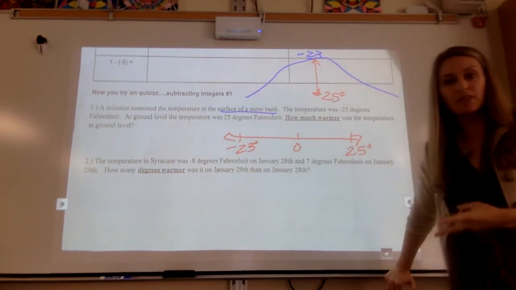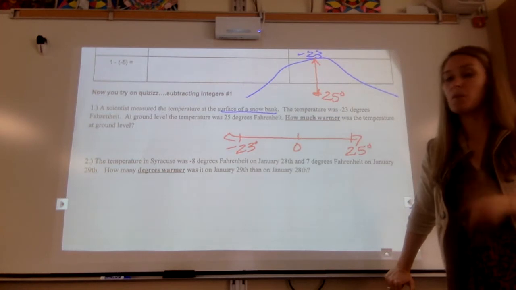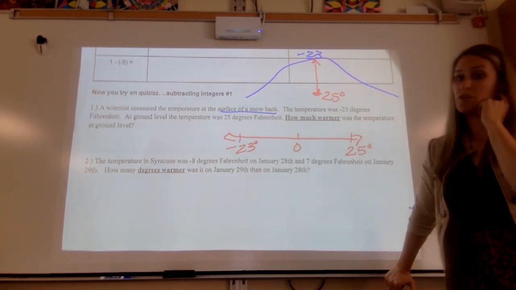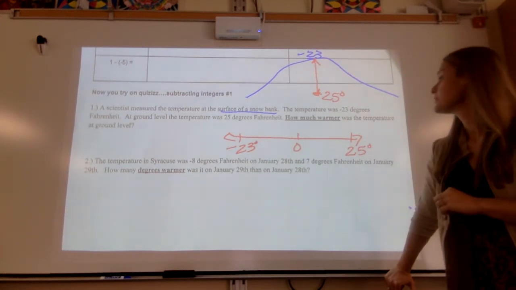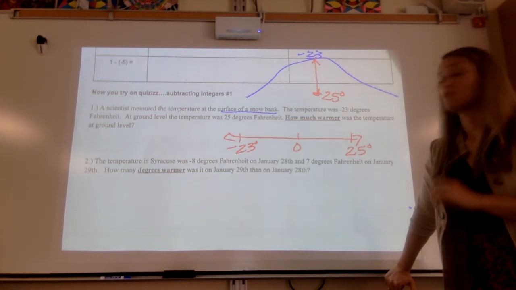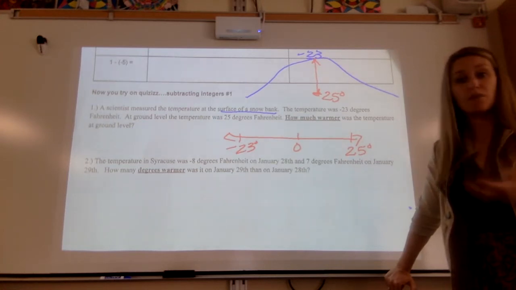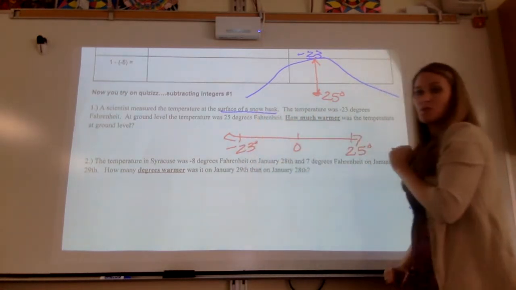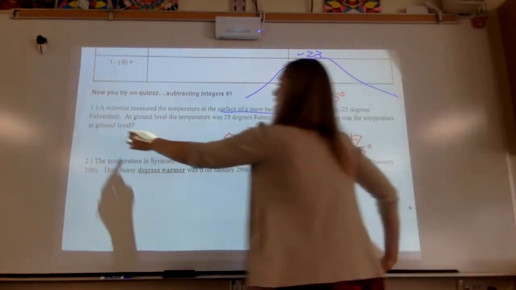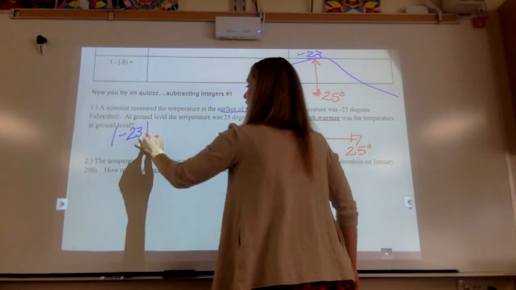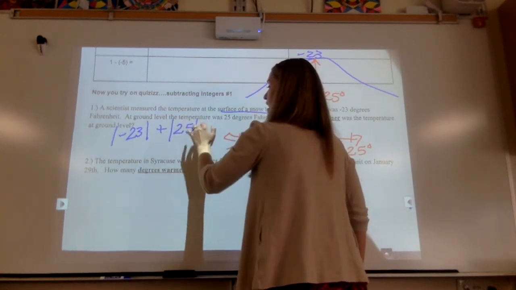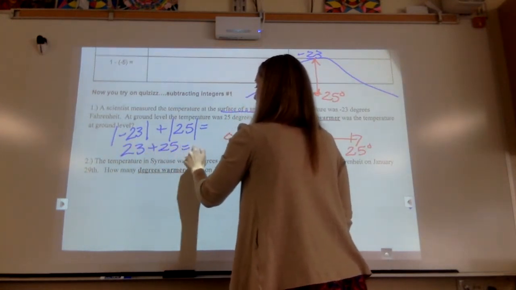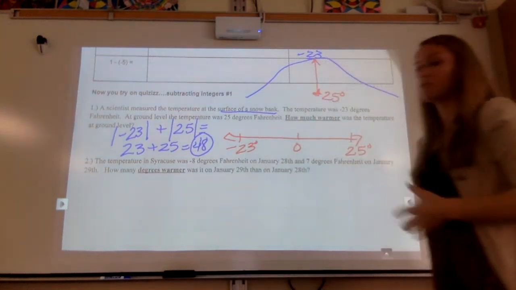There's 2 ways to do this, okay? So at this point, if you think you know what to do, I want you to pause the video, try it, and then press play to see if I picked the same way that you're going to do it. Because there's 2 great ways to do this. All right, so if you paused it, one way to do it is to use absolute value. Because we're going from a warm temperature through 0 all the way to a negative temperature, right? Positive to 0 to negative. So I could take the absolute value of negative 23 and add it to the absolute value of 25. That would be one way to solve this question. So that would give me 23 plus 25, and that gives me 48. So it would be 48 degrees warmer